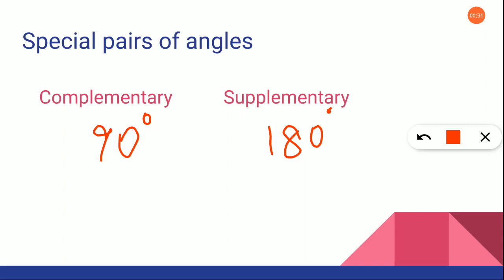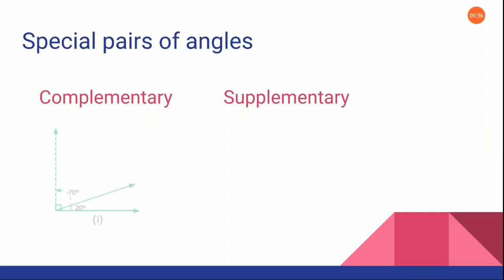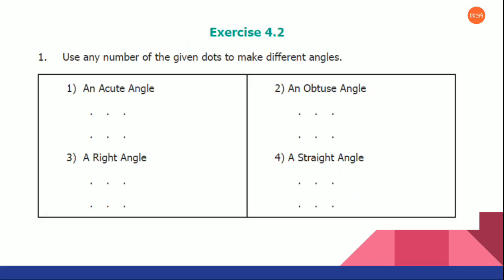Now, a right angle means it is 90 degree, I told, right? So, it should be splitted like this, okay? When you are splitting a 90 degree into two parts, we can call it as a complementary angle. Same way, when 180 degree is divided into two parts, we are calling it as a supplementary angle. Clear? Now, shall we solve some sums?